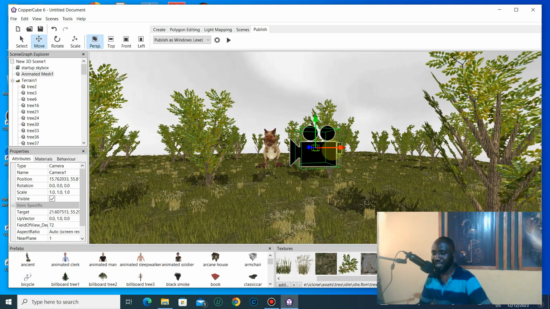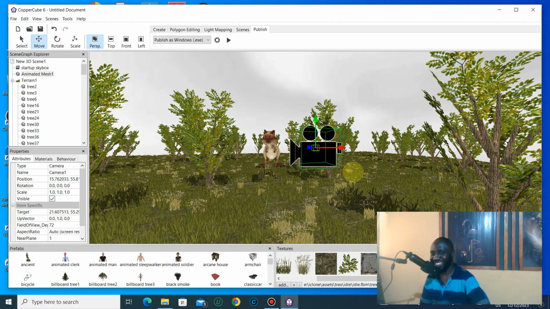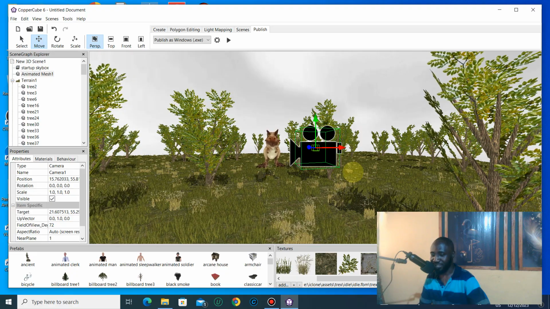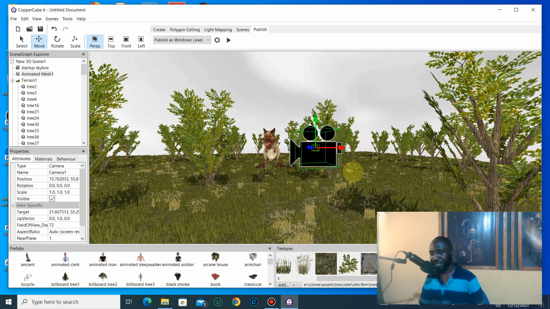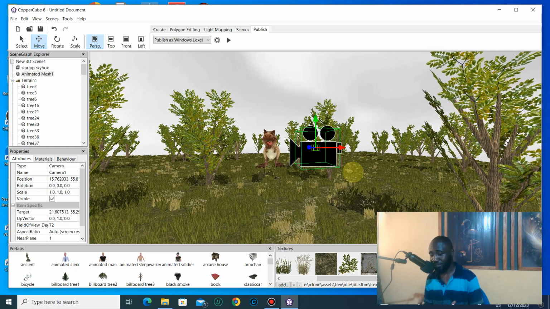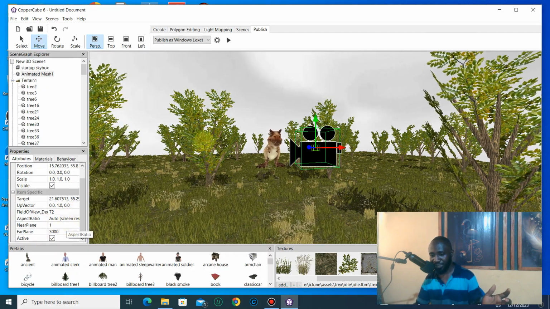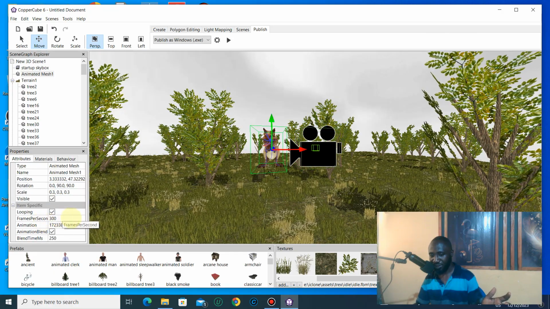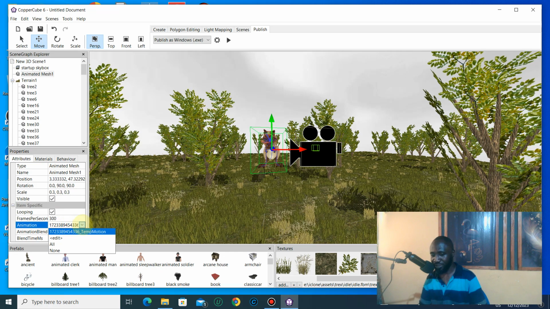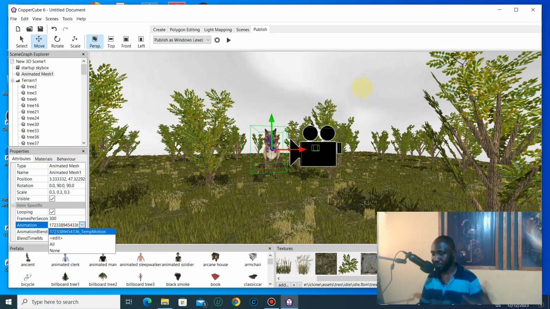So this is how you import from CC4 to Coppercube, that is, Character Creator 4 to Coppercube. We'll meet in the next tutorial, and we'll merge the characters. We merge several animations, because here we have only one animation for the character. In our next one, we'll add several animations to it. Then we'll merge it in Blender, then bring it in so that we can begin to learn how to code